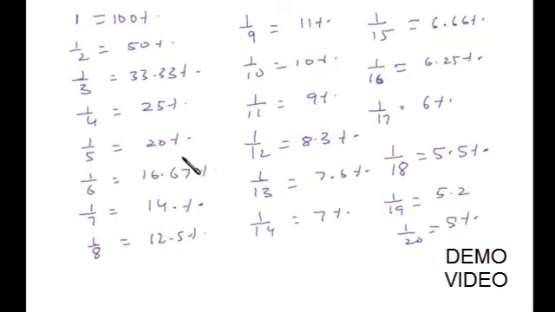Now suppose you are given any other numerator besides 1, then what you can do? Suppose you have to calculate 2 by 3. 1 by 3 you know, so 2 by 3 will be just double of that, that is 66.67%. Similarly, if 1 by 4 is given to you, you can calculate 3 by 4. 1 by 4 is 25%, that means 3 by 4 is 75%. Similarly, 1 by 5 is 20%, that means 2 by 5 is 40%. So the calculation will be at your fingertips, right, if you are aware of this much information.